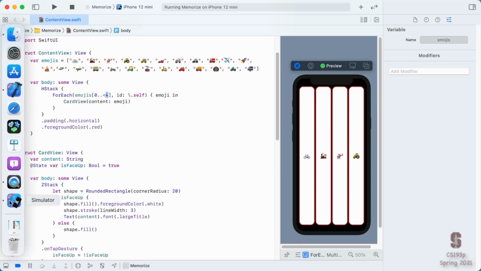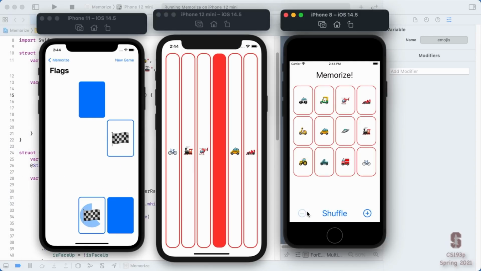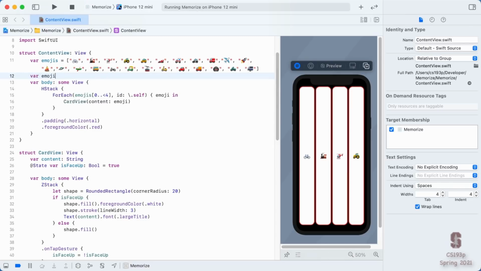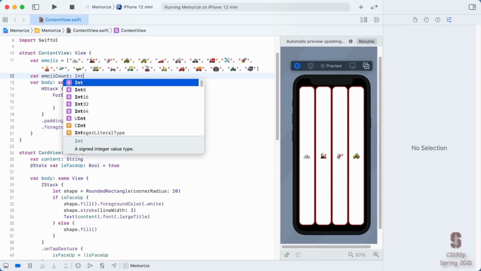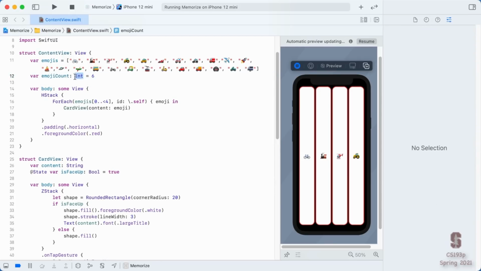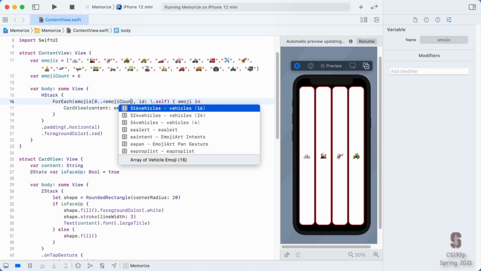Right? When we go over here and say more cards, please, or fewer cards, please, we are changing that number, that 4. So this just wants to be a variable. So let's make a variable for that. I'll call it emojiCount, and it's going to be an Int. And we'll start it off at 6, let's say. Of course, we can have Swift infer that Int, so we don't need that, because this is clearly an integer right here. If we said 6.0, by the way, it would infer it to be a double precision floating point number. So let's take this emojiCount and make that be the max emoji count.